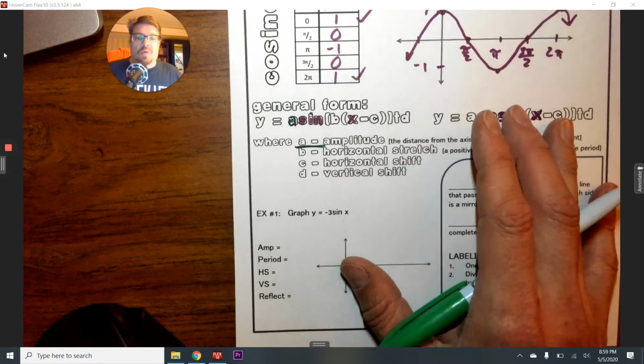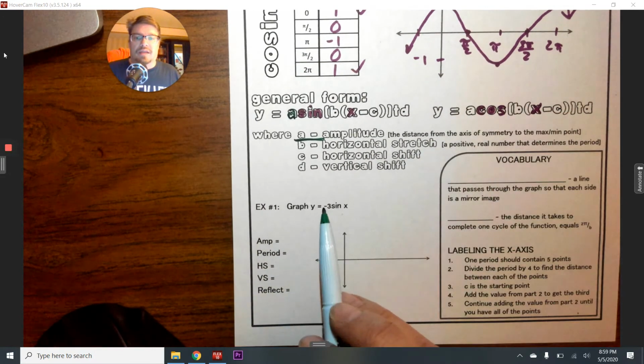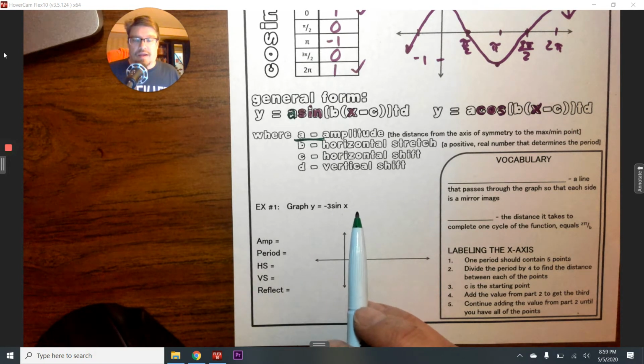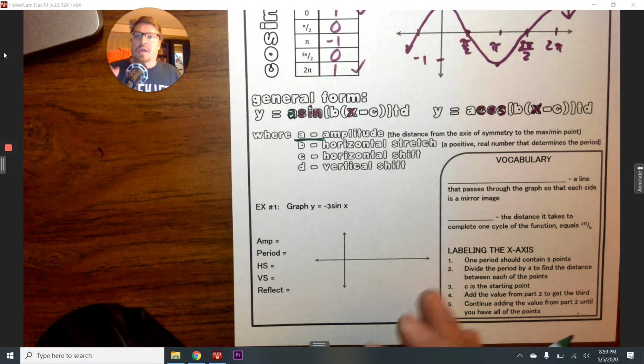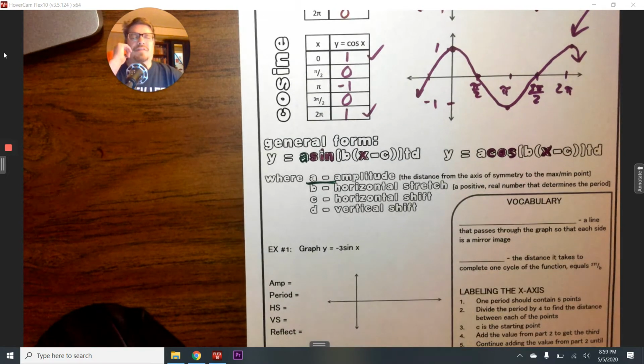So what we're going to do is look at this one here, -3 sine x. Now, your homework is only going to have changes in the amplitude. Now, try to think of what a negative sign in the front means, what it has always meant with all of the other